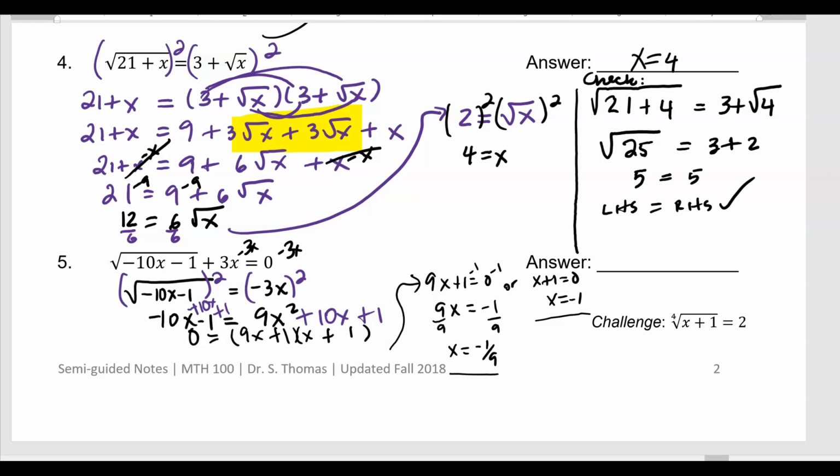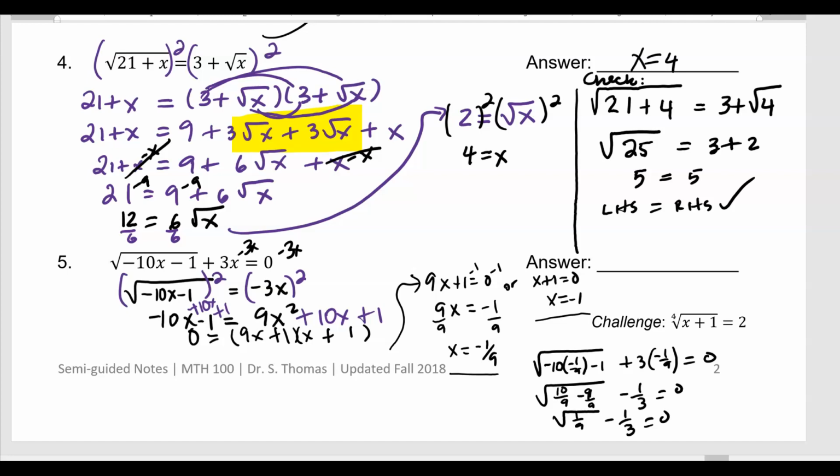negative 1/9, which is the harder one, then you will have square root of negative 10 times negative 1/9. You're going to have to know how to deal with those fractions. So if you plug that in, you get negative 10 times negative 1/9 is 10 over 9. Then you have that minus 1. What is 3 times negative 1/9? Negative 1/3 equals 0. 10/9 minus 1 is, if you make that a 9 over 9, that's 1/9 minus 1/3